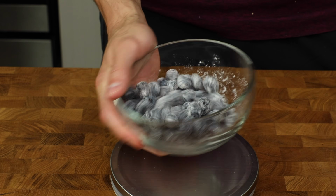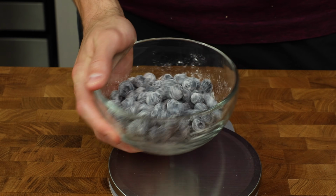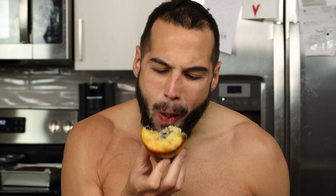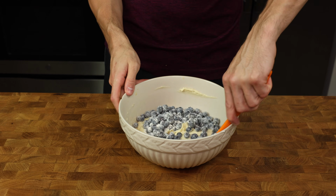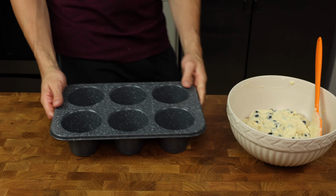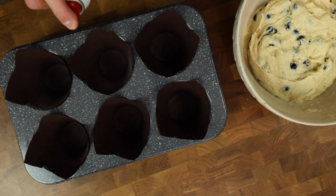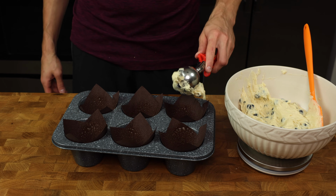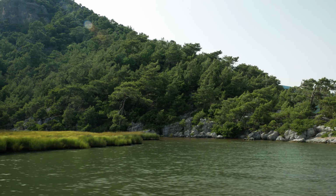This thin layer of flour is going to be enough to help the blueberries stay in place while cooking so they are in every single bite of these delectable muffins. Add them to the batter and fold them in 4 to 5 times until they are evenly distributed. Grab the muffin pans, add the liners, and lightly spray them with oil. Using our scooper, add 170 grams of batter to each cup,